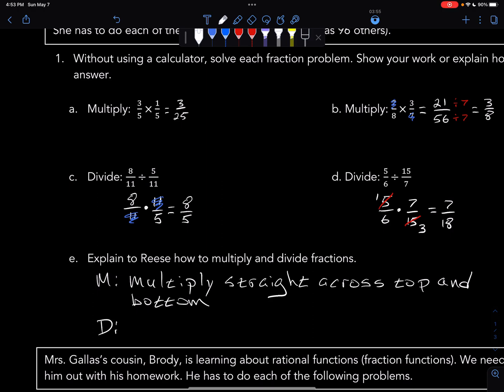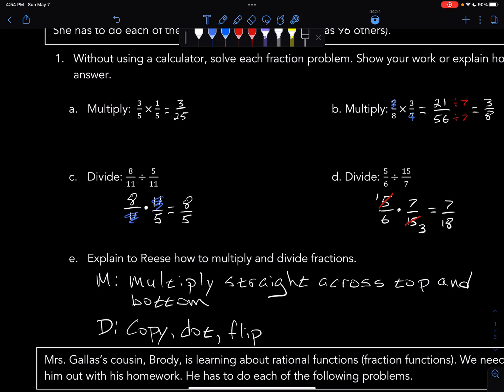For division, we're going to use that old middle school philosophy where we just copy the first fraction. We switch the division to multiplication. That's the dot in copy dot flip. And the flip is flipping the second fraction. So copy,